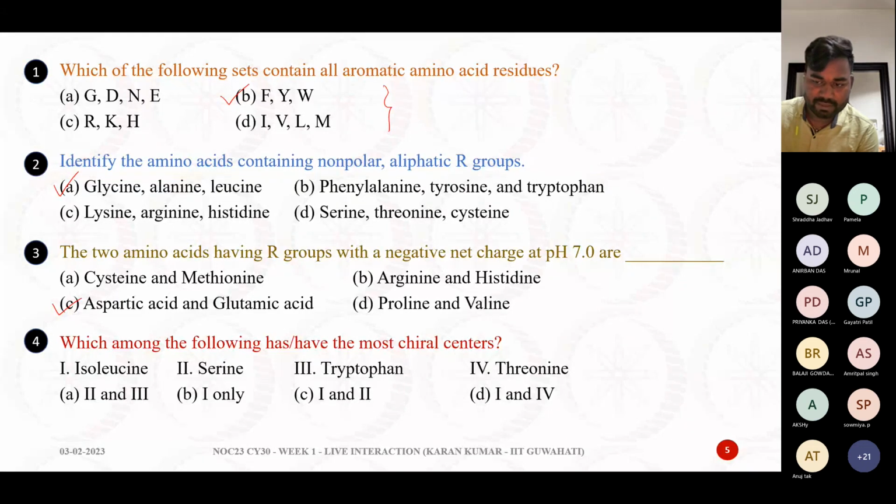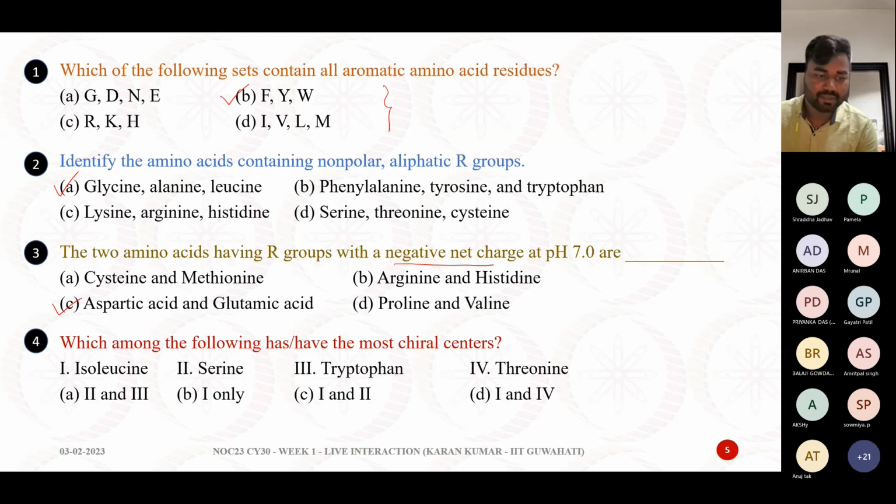Sir, because of the negative charge? Yes, sir, because they are acidic amino acids. Acidic amino acids, very good. And what is the property of acidic amino acids, and why will they hold a negative charge? They are acidic amino acids. That is very much correct. Yes, sir, their pK value is less than 7. Yes, very good. The R groups that they contain have pK values less than pH 7. That is why they will be holding a negative charge at pH 7.